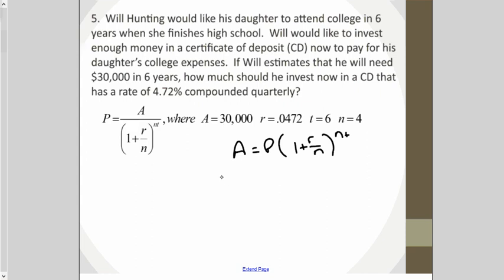We want our final amount to be 30,000. We don't know what the principal is, but we're going to use 1 plus 0.0472, and it's going to be compounded quarterly, so we'll divide by 4. And we're going to do this to the 4 times 6, because it's 6 years from now. And you can see that if you put all this in the calculator on the right-hand side,